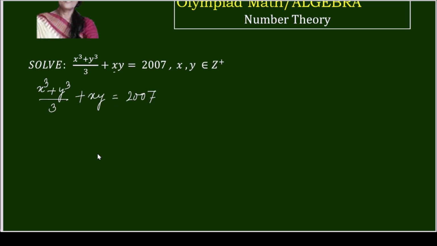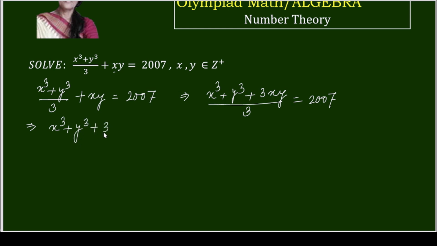I am first simplifying the left hand side, so I'll get x³ + y³ + 3xy, and I am not skipping any step so that it will be easily understood. I'll get x³ + y³ + 3xy equals to multiplying 3 with